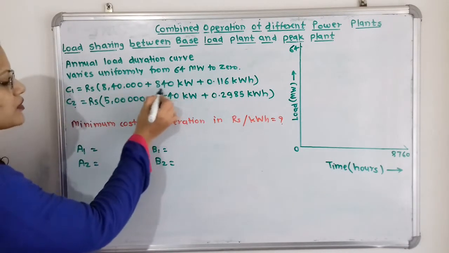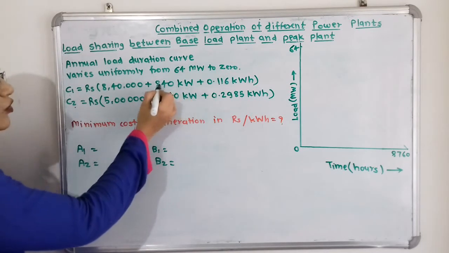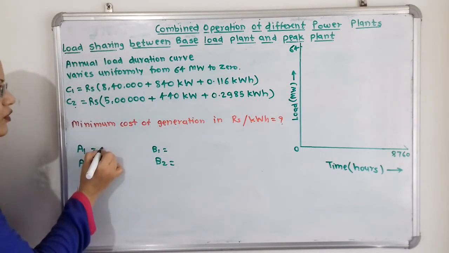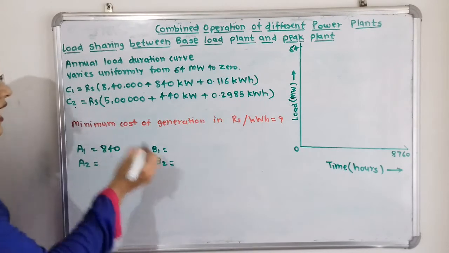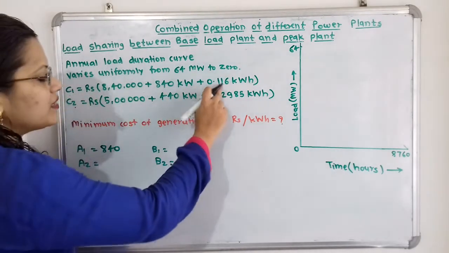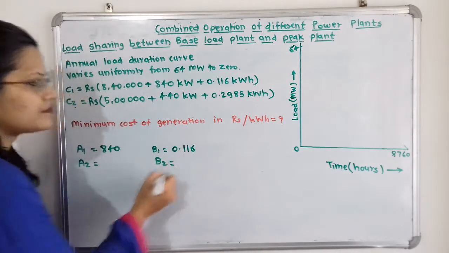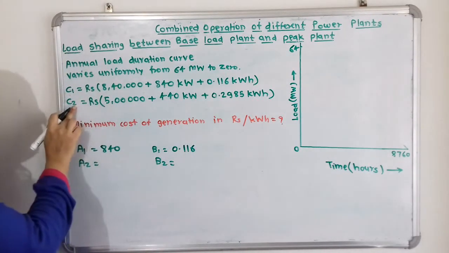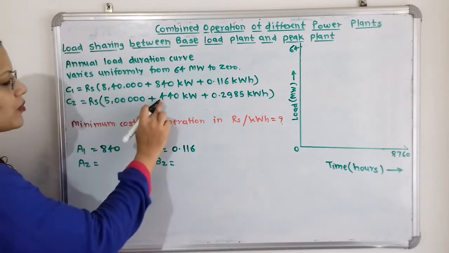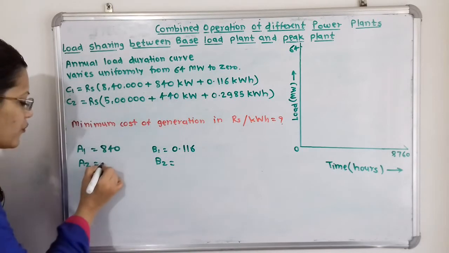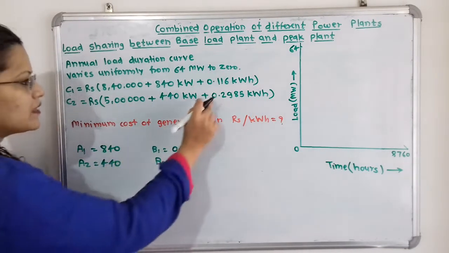So for the base load plant, A1 is equal to 840 and B1 is equal to 0.116. In the same way for the cost C2, that is for peak load plant, A2 is 440 and